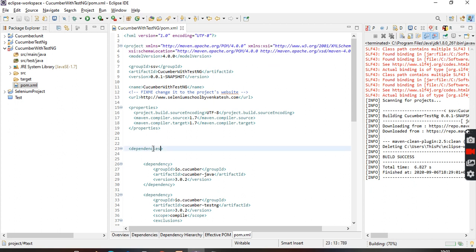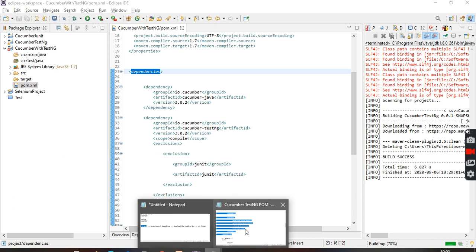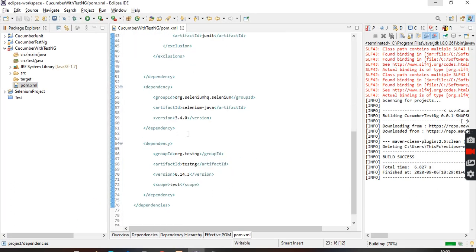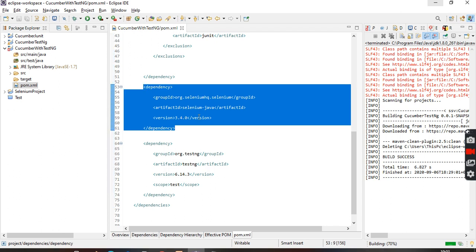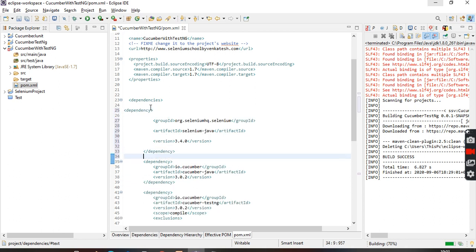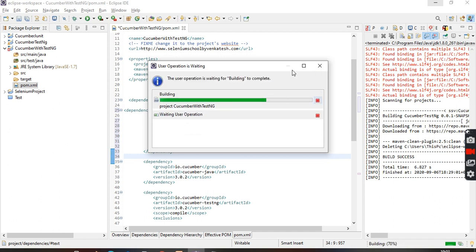In the dependency tag, I just mentioned Selenium. Okay, Selenium here. I want Selenium. Simply I mention here.